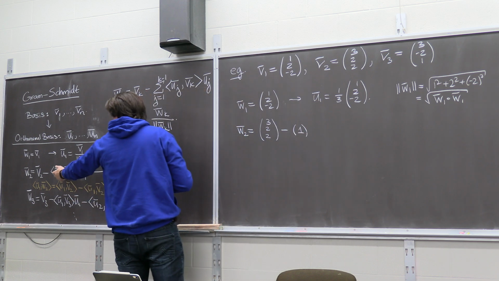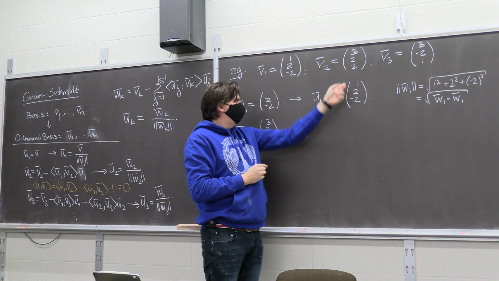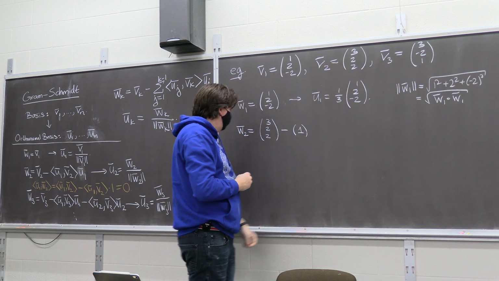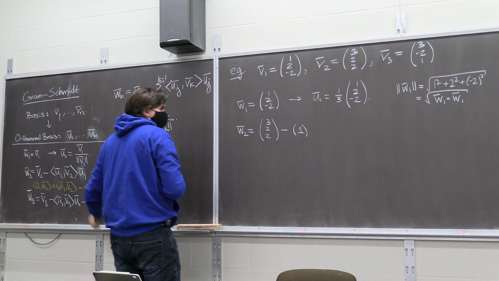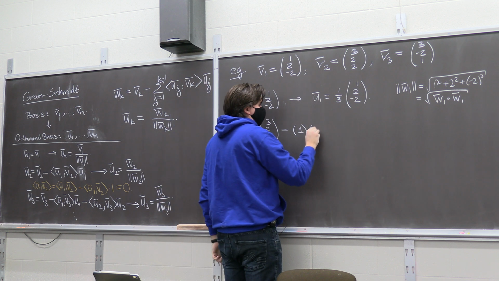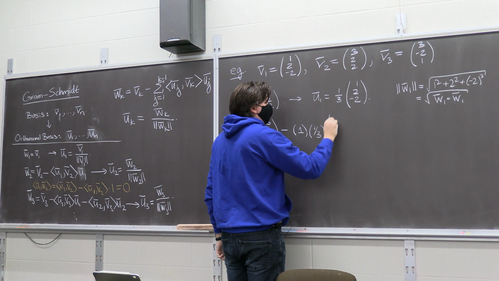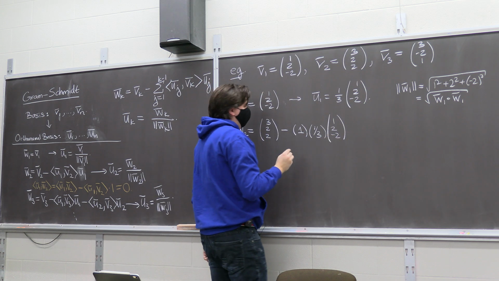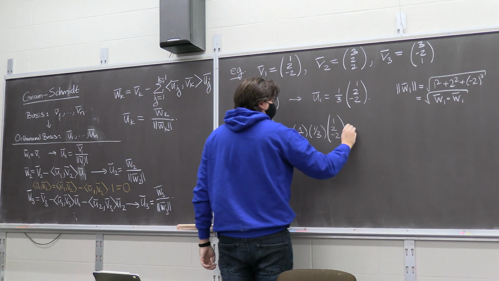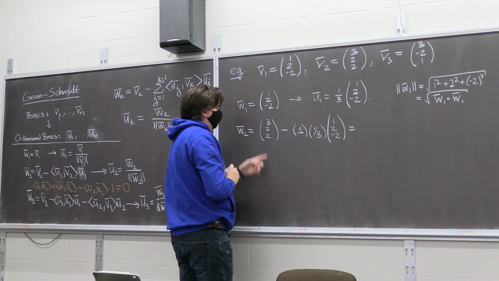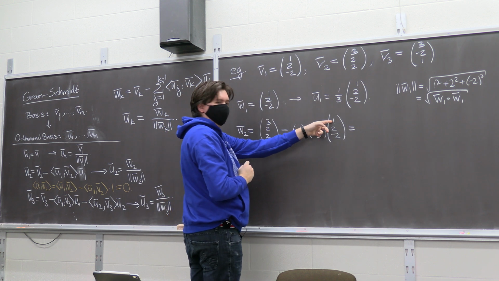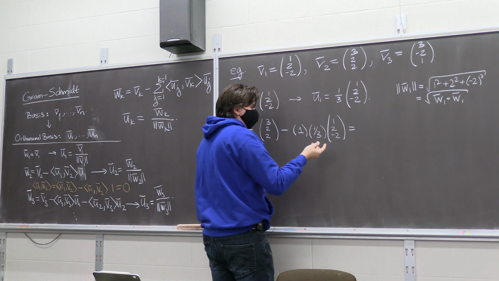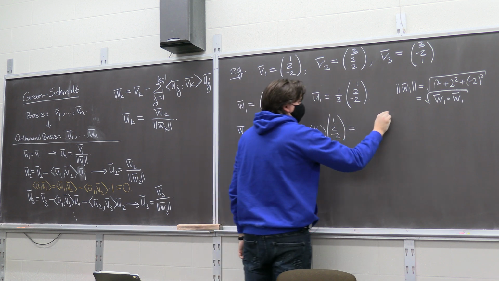So here, our U1 dot V2 just gave us 1. And then we want to times that by U1. So times that by 1/3, 1, 2, minus 2. And that's it. So what do we get? 3 minus 1/3 is now 8/3. So it's